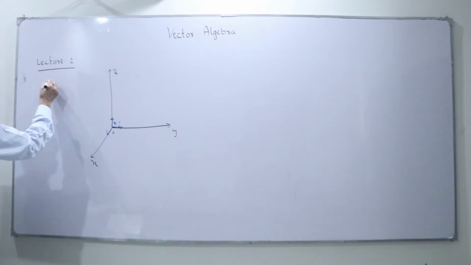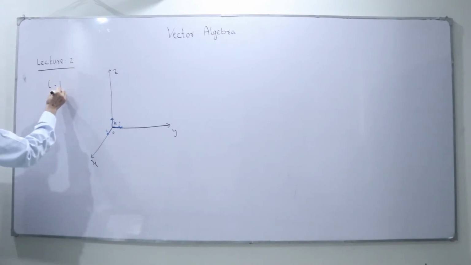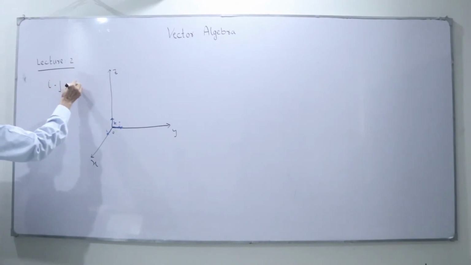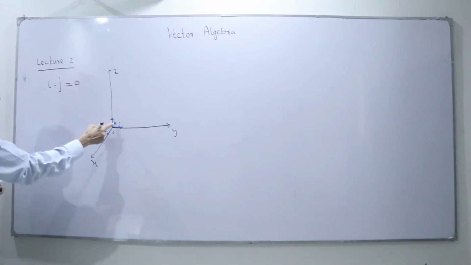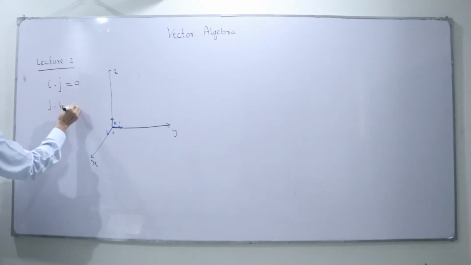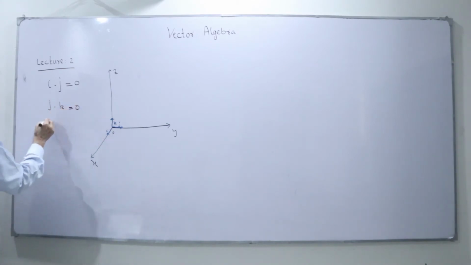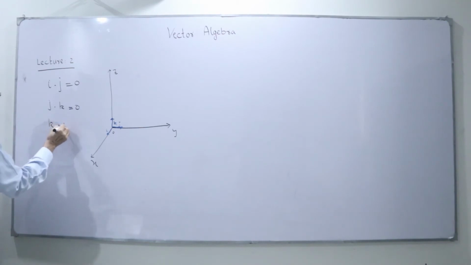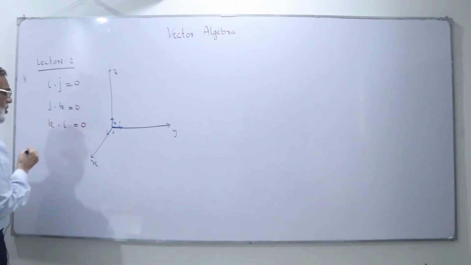If I write here i dot j, we know that the angle between them is 90, so the dot product is 0. Same when I take j dot k, the angle between them is 90, so the value will be equal to 0. I have k dot i, same thing, because the angle between them is equal to 90,